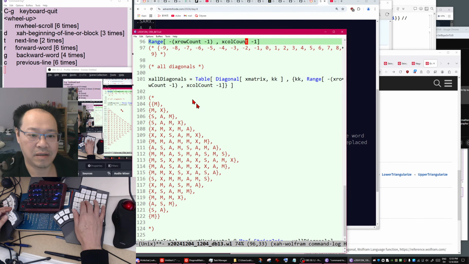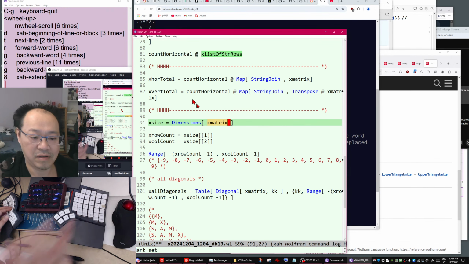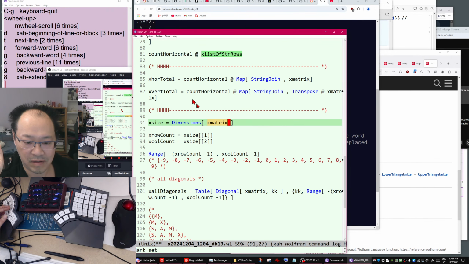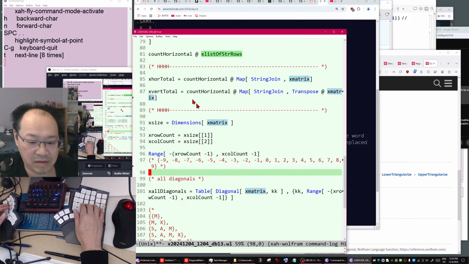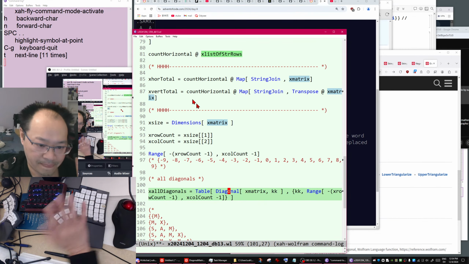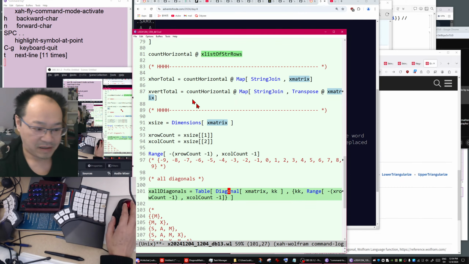We just add a transpose function there, and there. Okay, God, this is tedious.